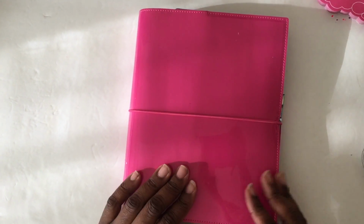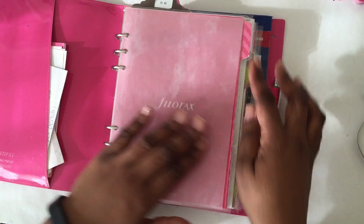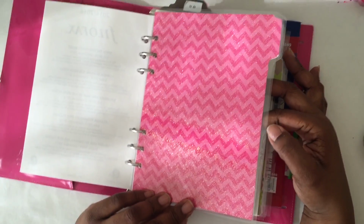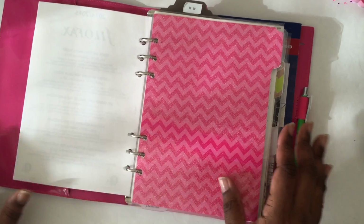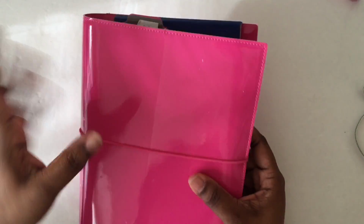This was like the first set I ever did, and just to give you a peek at that, I think it's in my walkthrough video, but yeah, this is my first attempt at dividers, and I have vastly improved my process since then. So yeah, anyway, like I said, this one is for business. And then finally,